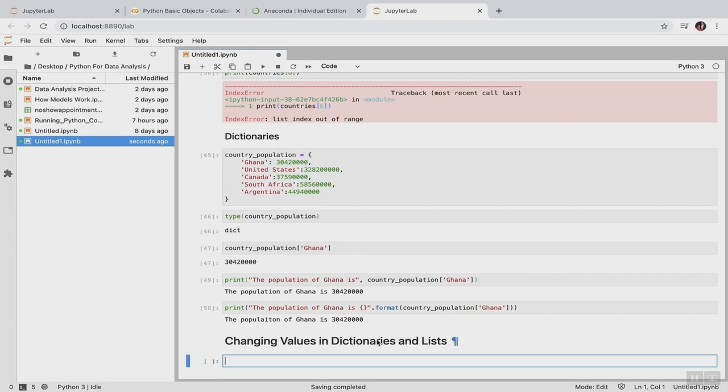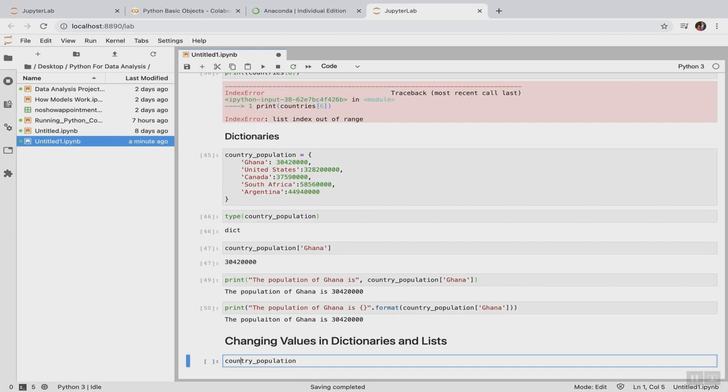What we can do is, country population first, let's